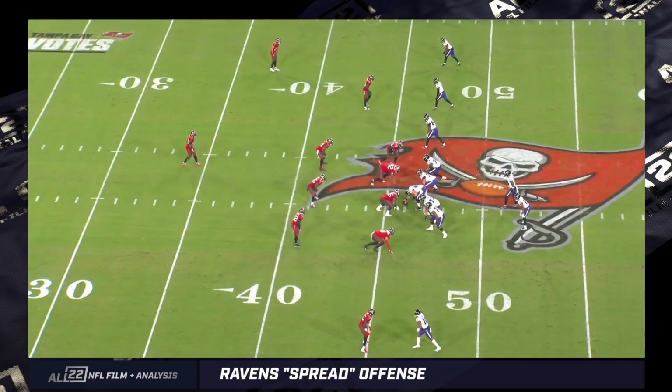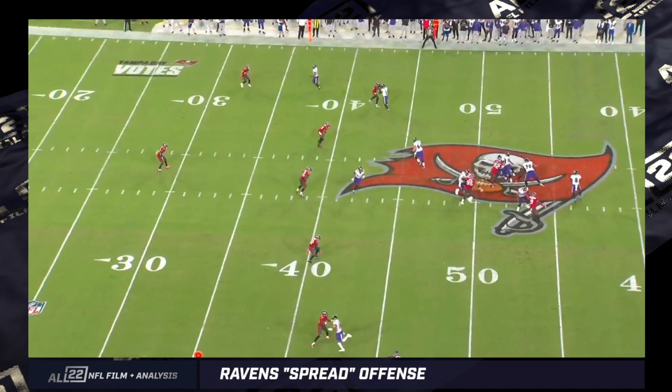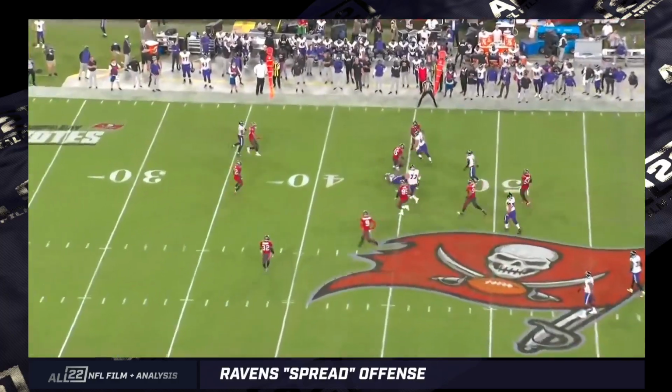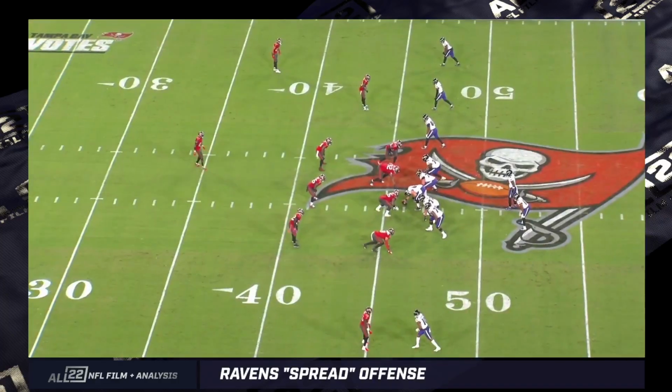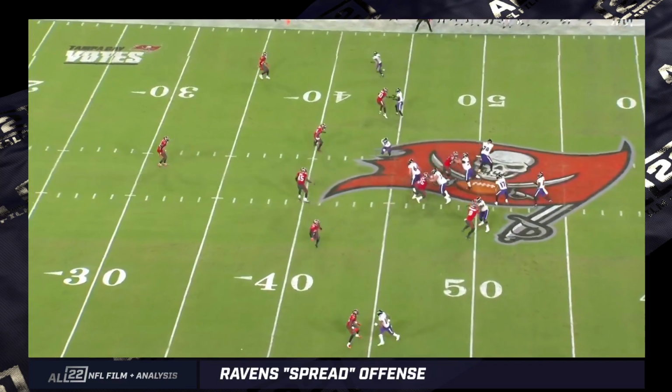Trips right B out of 11 personnel. And it's a screen. The breakdown is here because Linderbaum is out in front. It's not like all these concepts are easy, but they are things that we can execute, that we have executed. I think the breakdown is Powers. Hangs around in here too long, and then doesn't get to this inside backer. If he does,